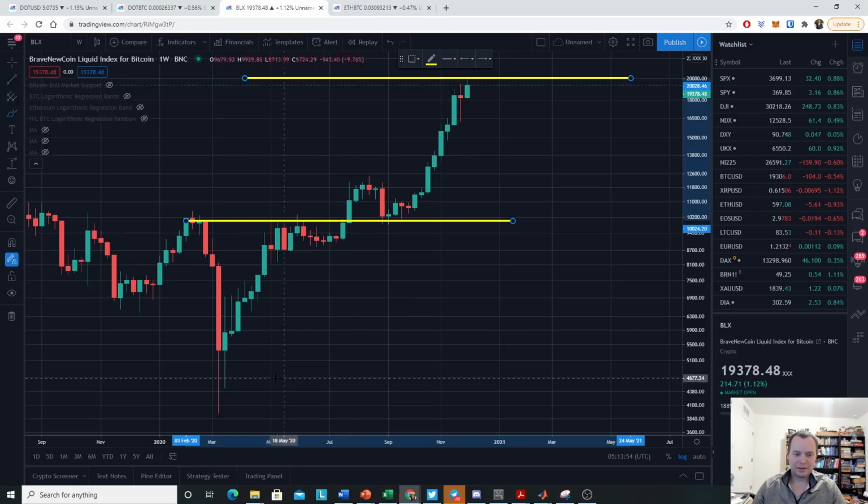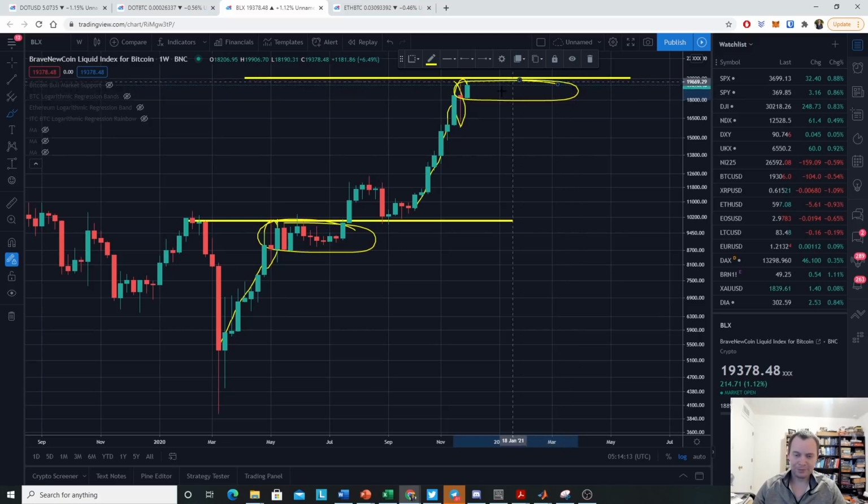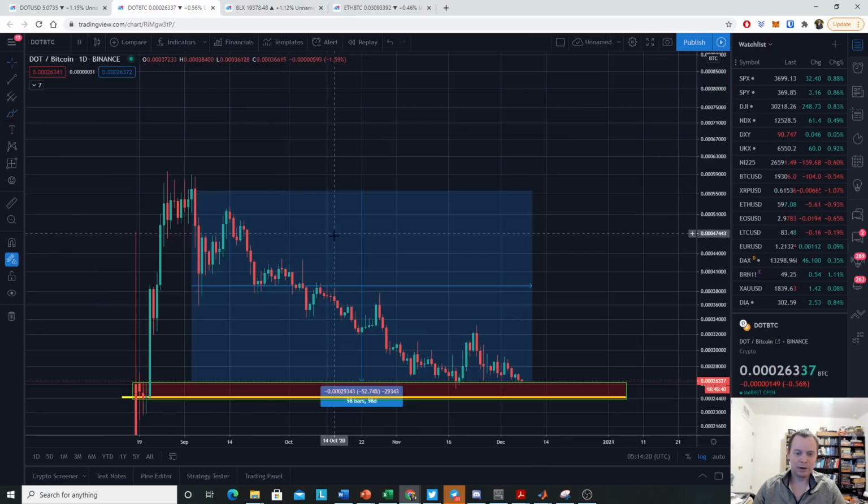We had seven green candles, right? 7 green candles. This red one here, like a spinning top or whatever. Another red one right here, same type of thing, followed by a green candle. And if we have this reaccumulation phase for Bitcoin at this level, if in fact that happens and it goes sideways, then that could be a catalyst for Polkadot, right?